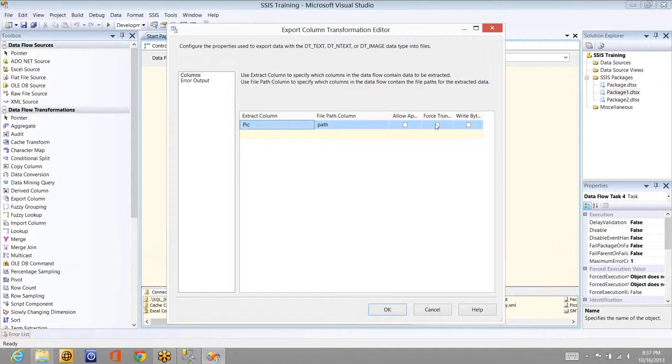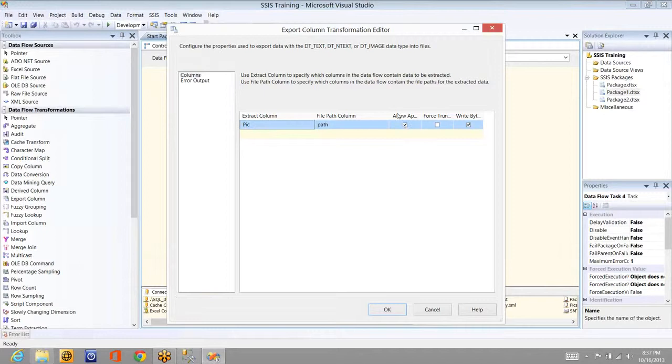And if the file is there and you want to force truncate it, you can go for force truncate. And these two are not possible together. You cannot select these two at a time. In the same way, you cannot select these three at a time. So these are the different combinations that are available.